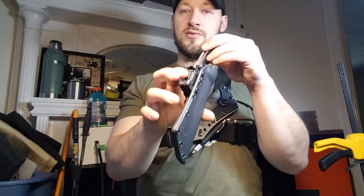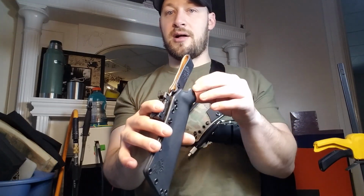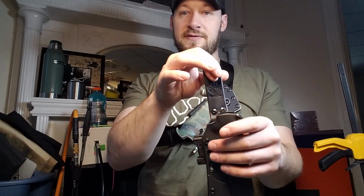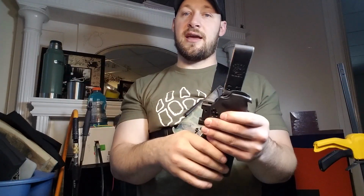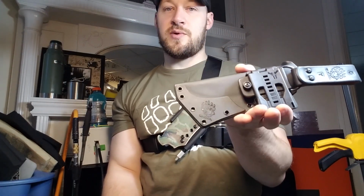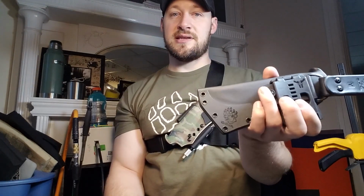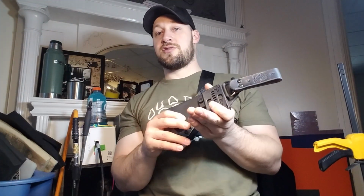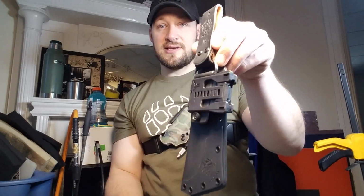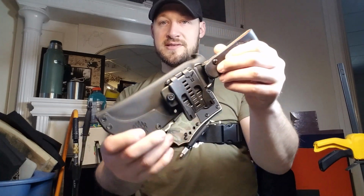It makes it easy to switch carry methods if you want to pull the dangler off of your belt. The loop would just stay on your belt, so you never have to undo your belt to get it off, and then you could switch to a different carry method. A lot of people want to carry with a tech lock as well, and using a breakaway dangler as well as a tech lock can be done traditionally, but I would highly recommend you consider this instead of